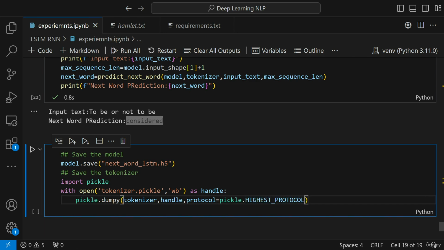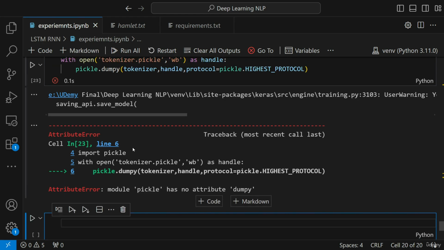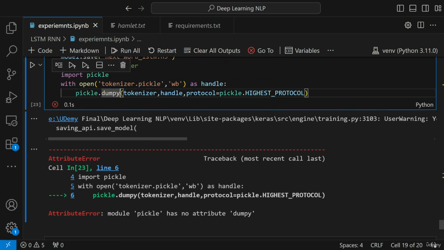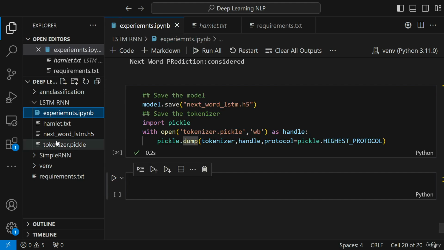One assignment: just try to find out why we specifically use this. So this will be an assignment for you. It says no attribute dumpy. It is written dumpy; I should have written dump. Okay. Once it is executed, in the same folder you'll be able to see my next_word_lstm.h5